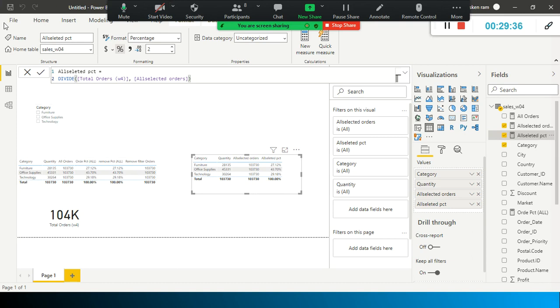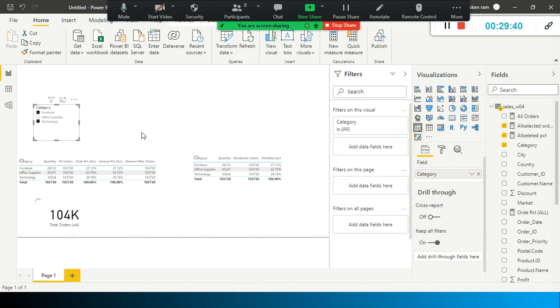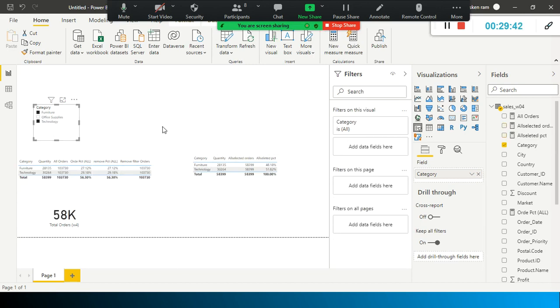Then what is the difference between ALLSELECTED and this one? Now let us apply the external filter and see what happens. See what happens here. Whatever external filter I applied, furniture and technology, only those two categories got selected in both the left hand side and right hand side tables.